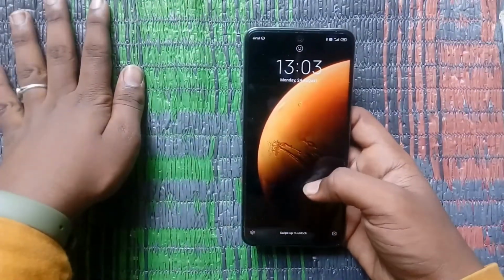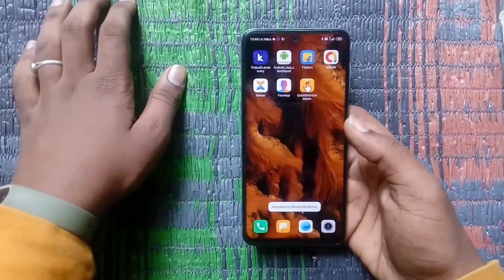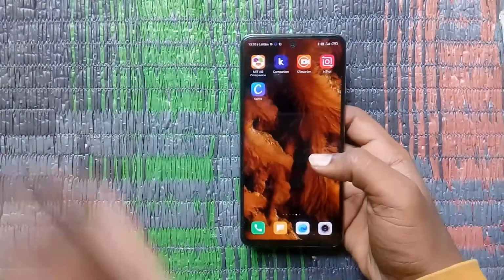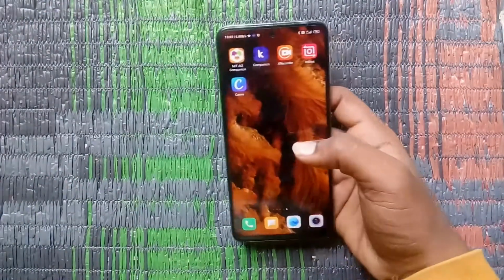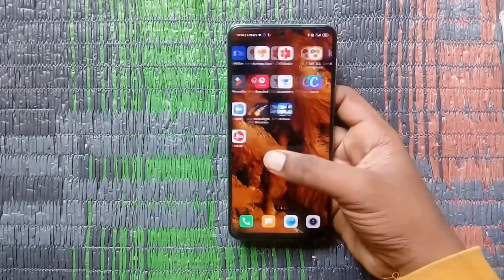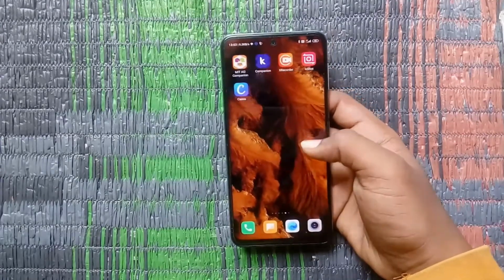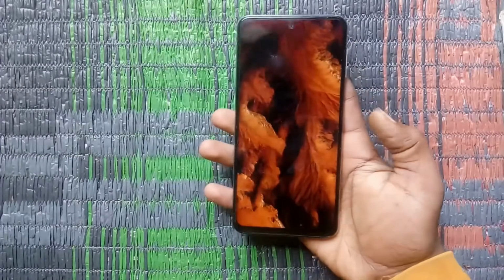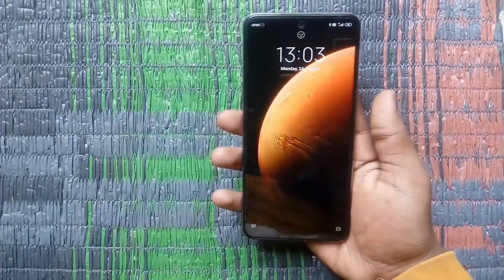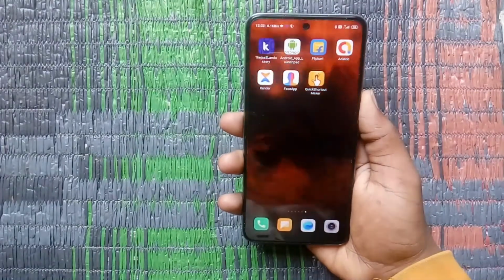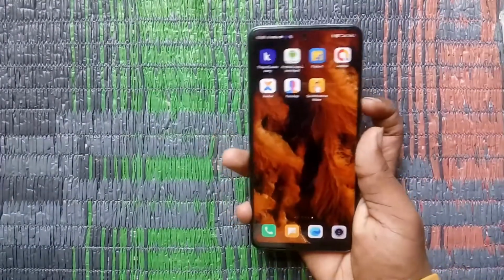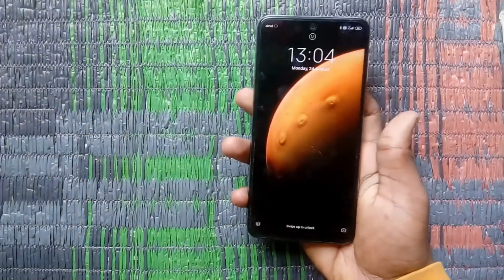Okay, the zoom effect is just awesome. I think every phone should have it. It looks more gorgeous in displays of higher refresh rate. So as you can see, it's a fully live wallpaper here, but it will consume more battery power. So I request you to turn on the data saver, otherwise the battery will just turn off.